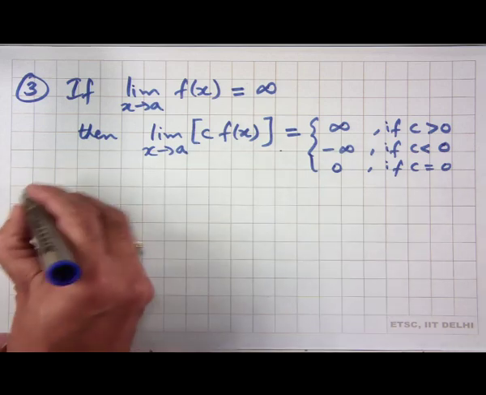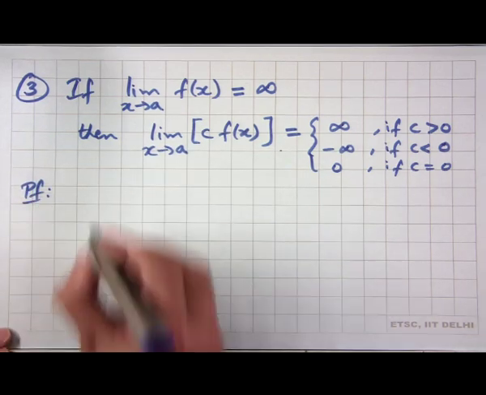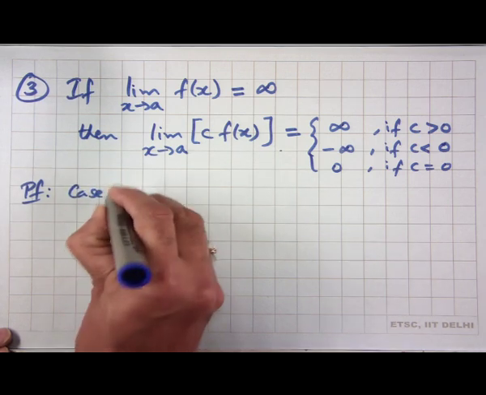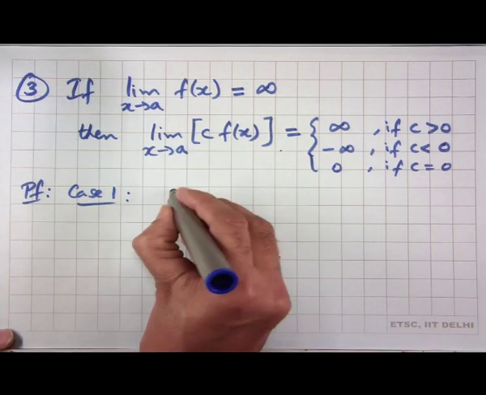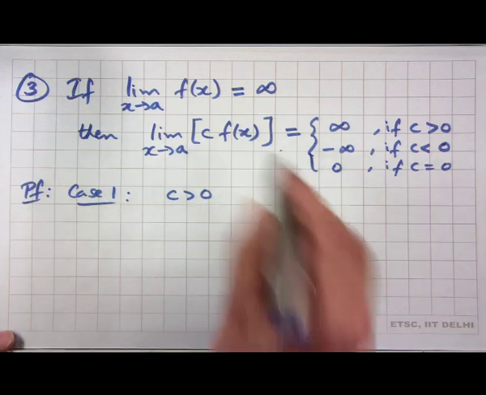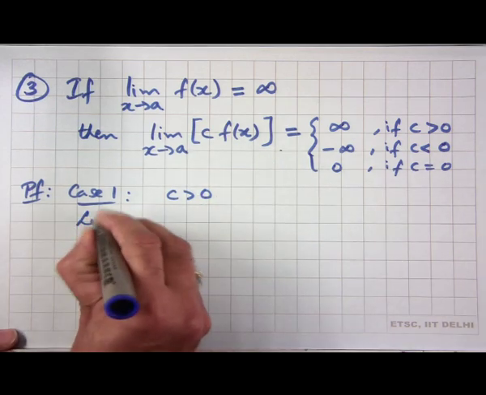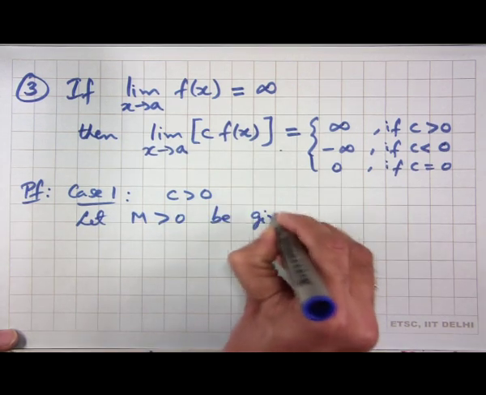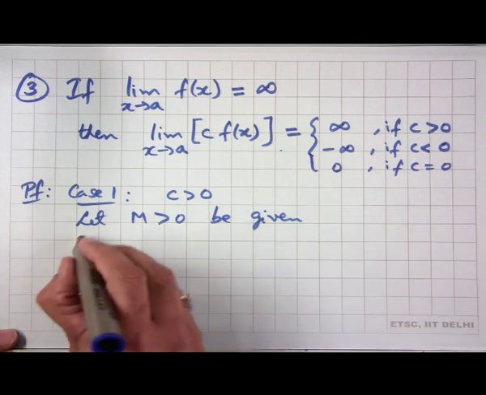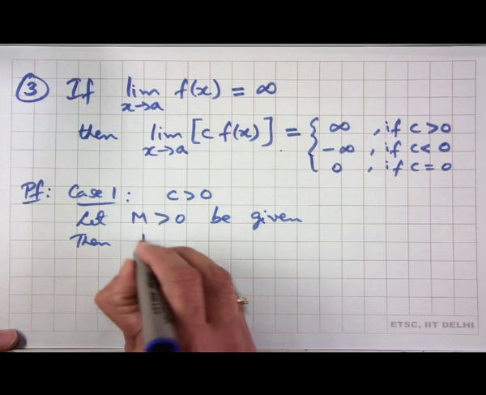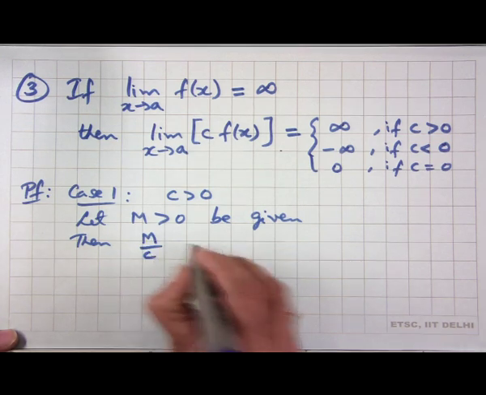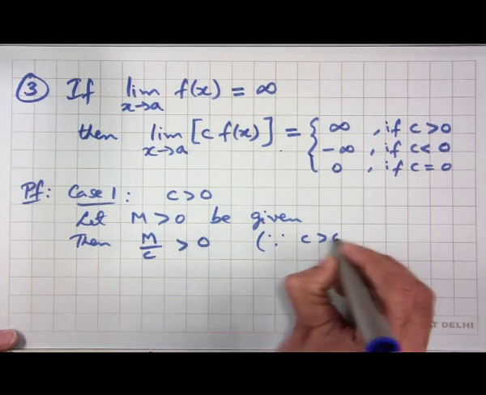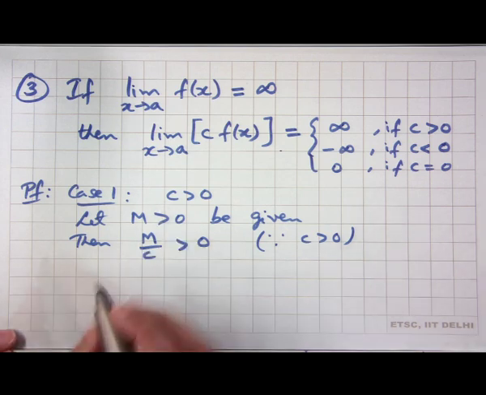So, why is this? So, first case 1, if c is positive, then let m greater than 0 be given, then m by c is also positive because c is positive. So, therefore, since